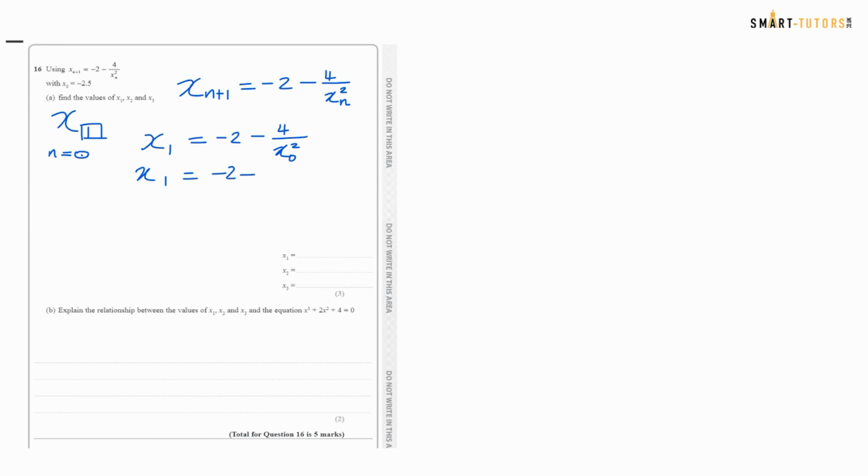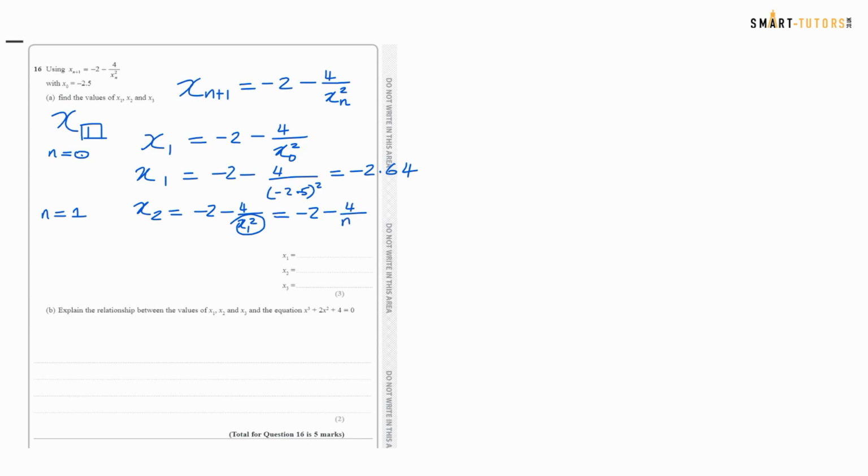So now you can substitute x1 equals minus 2 minus 4 over x0 squared, which is minus 2.5 squared. You press the calculator, you get an answer of minus 2.64. And now if you put n equals 1, 1 plus 1 is 2, x2 equals minus 2 minus 4 over x1 squared. x1 squared, from your calculator you can find out